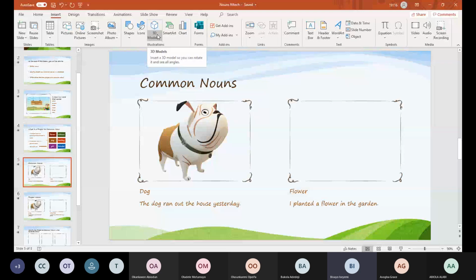On this slide, I want my students to see an image that is explaining this sentence: the dog ran out of the house yesterday. So I want to insert a 3D image that will make the slide attractive for the students, so they are